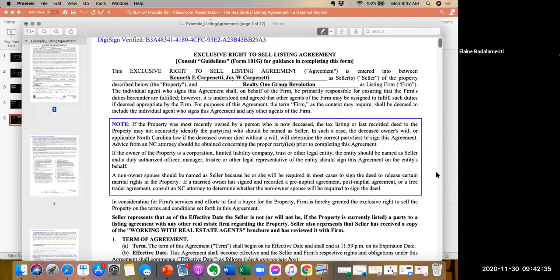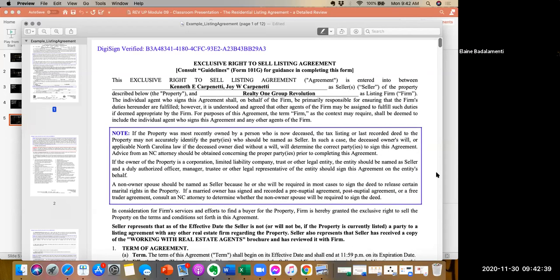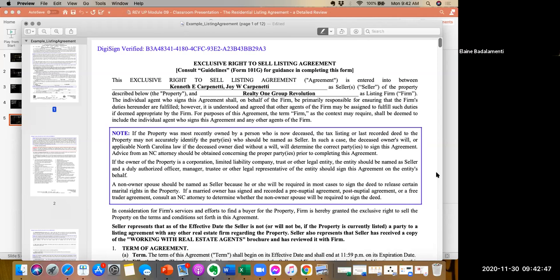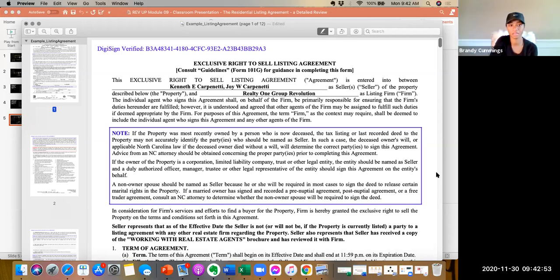Would that be dual agency? No. It's when you're representing both sides, right? We're not talking about dual agency here. We're talking about a listing agreement, if something happens to the,